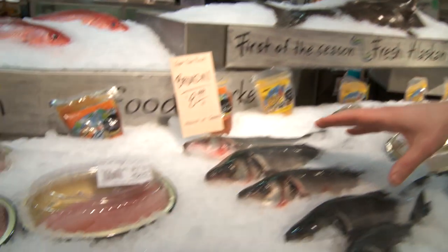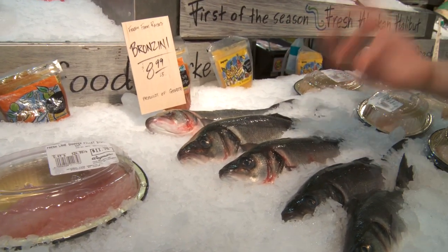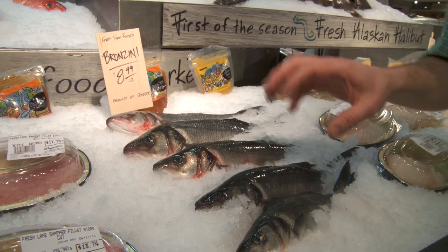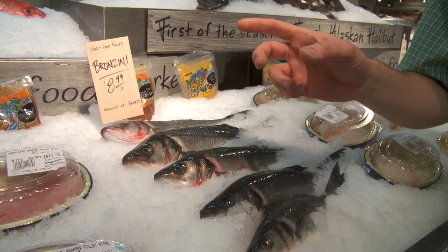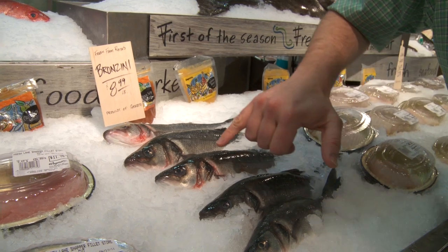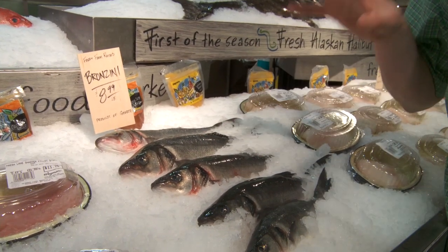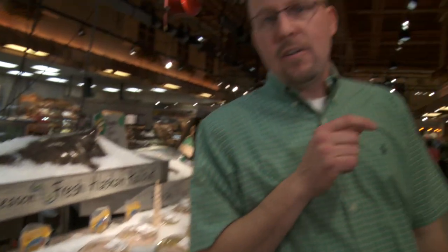I've got bronzini, which comes from the Mediterranean. Sometimes I call it a Mediterranean sea bass. A real nice, sweet flavor to it. Texture and flavor very similar to a red snapper. But I'm looking here at a whole fish. I've got a nice, clear eye to it. It's a beautiful red gill on the inside, nice and shiny. The folks here at the seafood department will be more than happy to pick these out for you, but mine